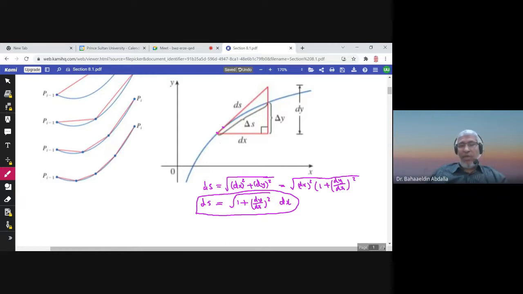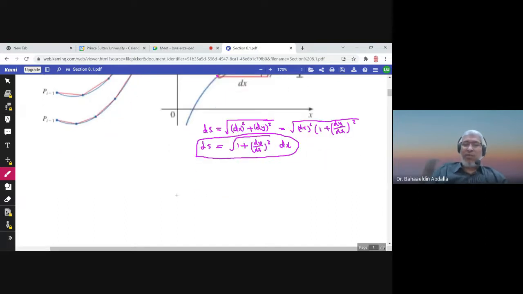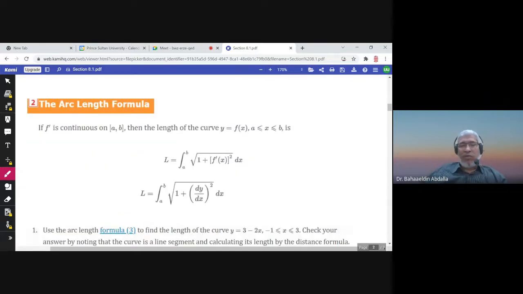Now, if you take the sum of all of these ds's, then you will get the exact arc length. So the length of the curve, we call it L, would be the integral from a to b of ds,